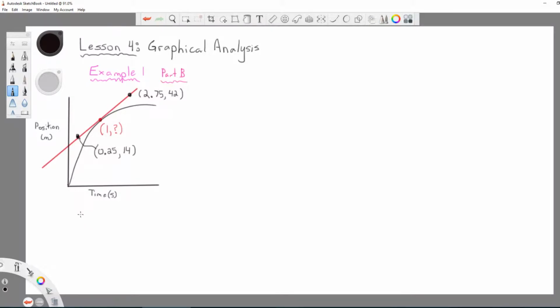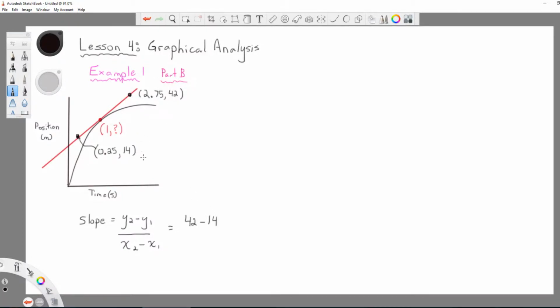All right, so slope is equal to y2 minus y1, same as last time, divided by x2 minus x1. We can plug our numbers in there. For me, and your values could be slightly different based on how you drew your tangent line, it's going to equal 42 minus 14,